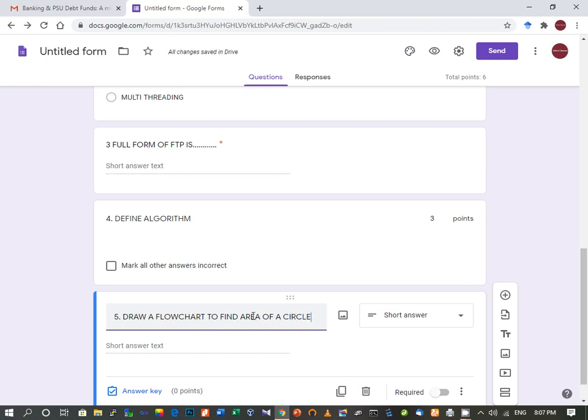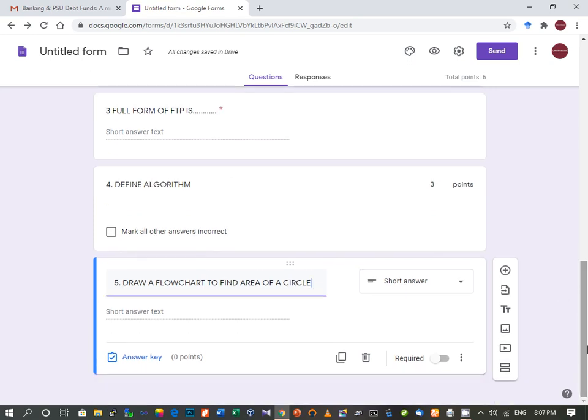Here the student will be asked to draw a picture in their copy, click a photo of it, and post it in this question.